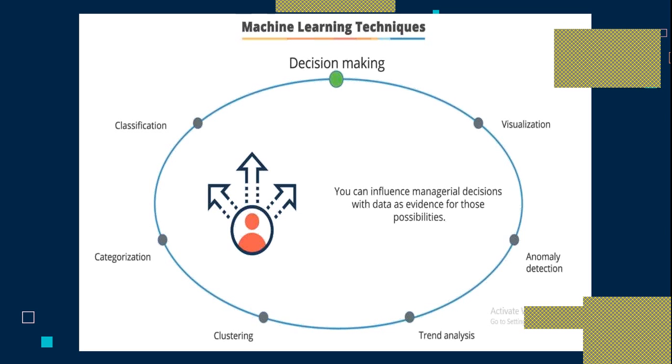But there is a limitation that your machine learning or deep learning algorithm will give an accuracy up to 98 or 99%, not 100%. Because it is a machine, it is not God. So this is all about the machine learning techniques. You have seen that there are basically 7